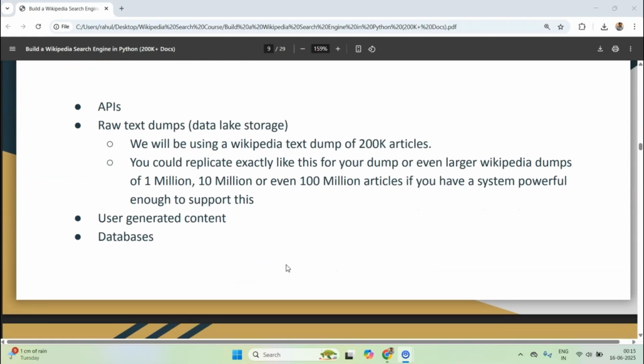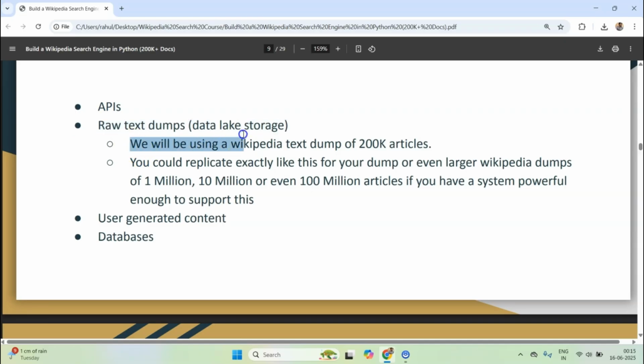So, here are typical sources of data for search engines. APIs. Many services expose content via APIs. For example, a news search engine might pull in articles from a news API. Then we have got raw text dumps. If you already have a product or blog platform, your data might live in MySQL or MongoDB databases.